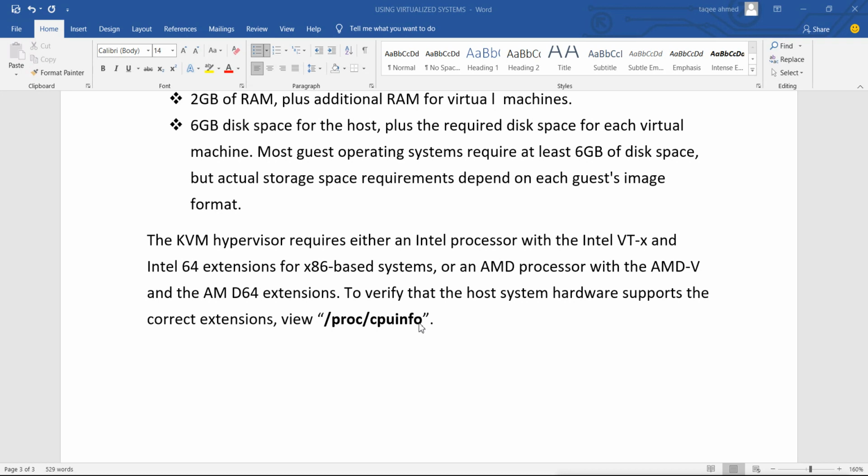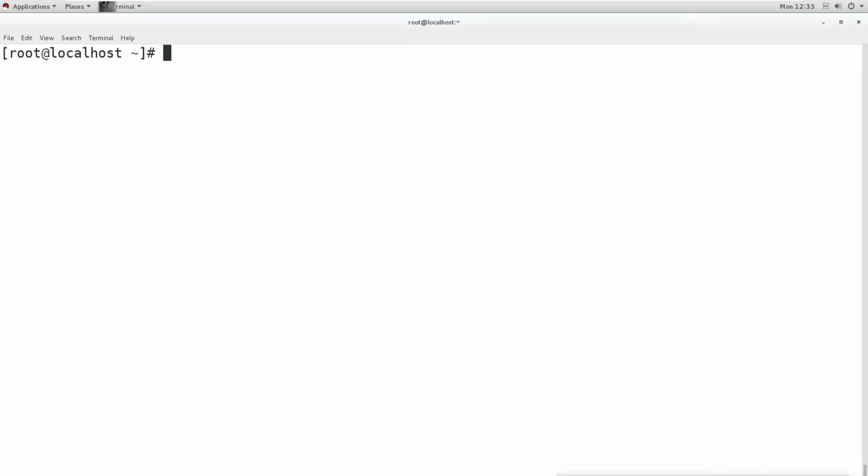Now to check this, we have to check this file in our system. Let's see this. To check whether the processor is supporting virtualization or not, I will use the command cat to check the file under /proc/cpuinfo.